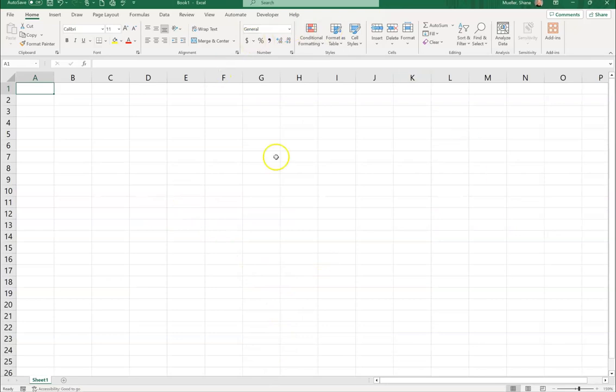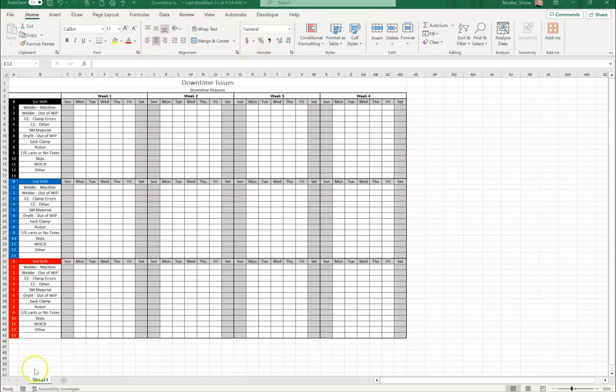And we're going to do that if we come back to that blank workbook. We'll start it in this blank workbook. Now, the project we're working on today is called a downtime report, where we're going to look at our downtime issues and then the reasons for those. So a couple of the things that you'll notice is we have our